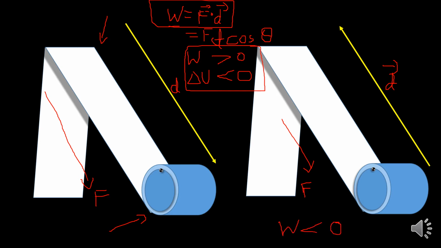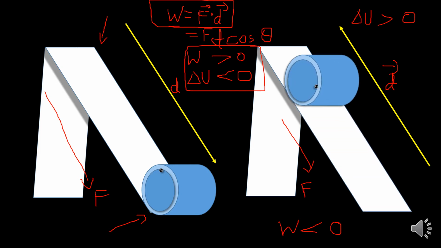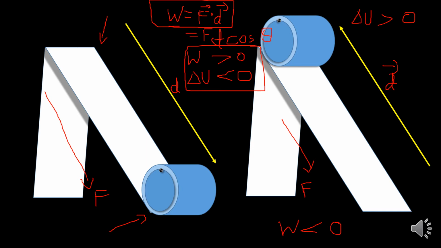So what will happen to the change in potential energy? Change in potential energy will be positive, and we know that as compared to bottom, potential energy on top is more. Okay, so when work done is negative, potential energy increases. When work done is positive, potential energy decreases. But be careful which work we are talking about: work done by the object. Okay, so with that basics of work clear, let us move to today's topic. What will happen to charge when we move it in external electric field?